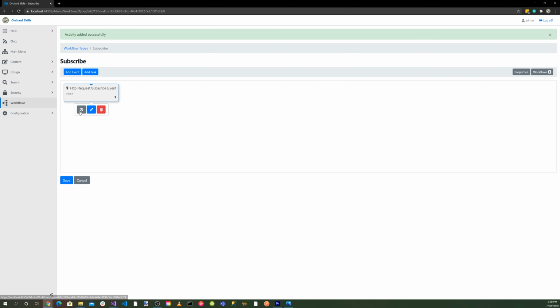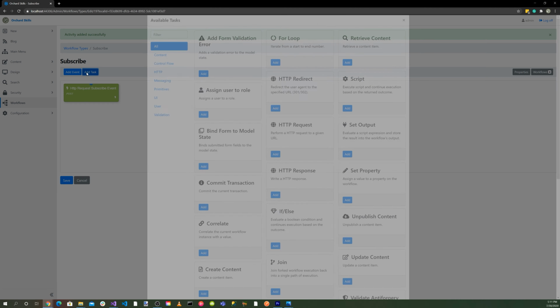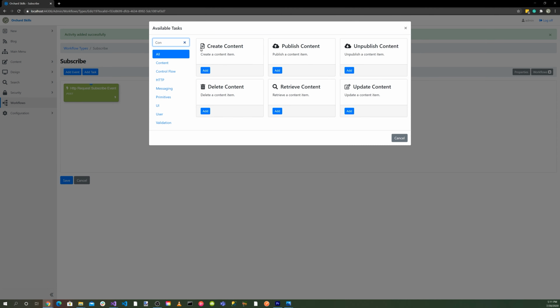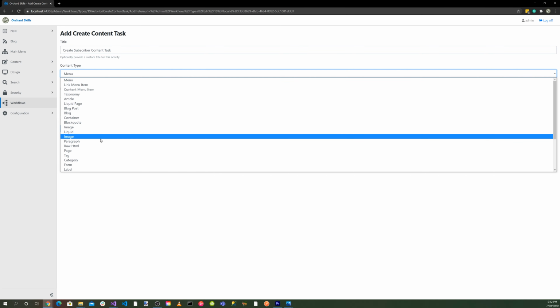Then we go and make sure we hit the startup task, so we enable that. Okay, so next we want to add a task, and we'll add create content, and here we'll say create subscriber content task, and then we'll select subscriber,